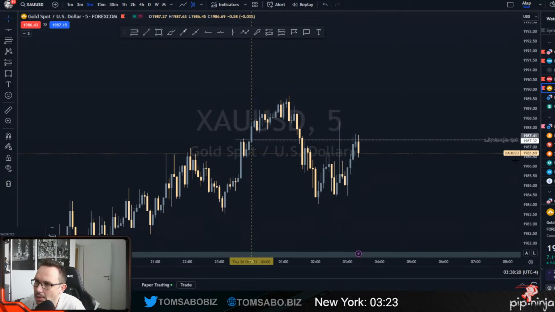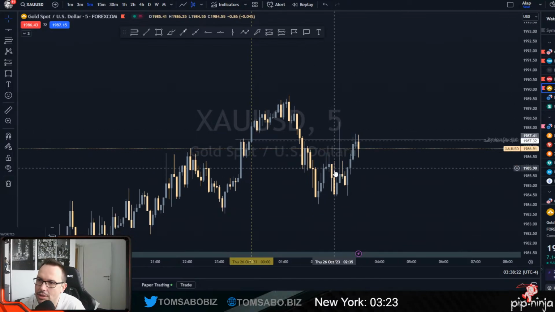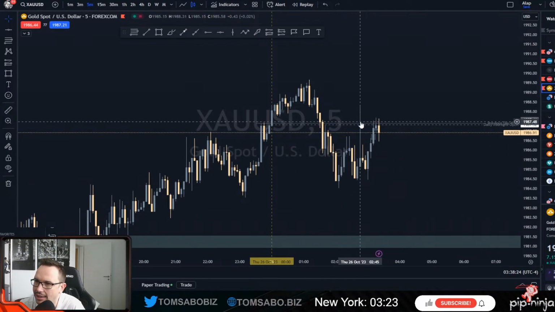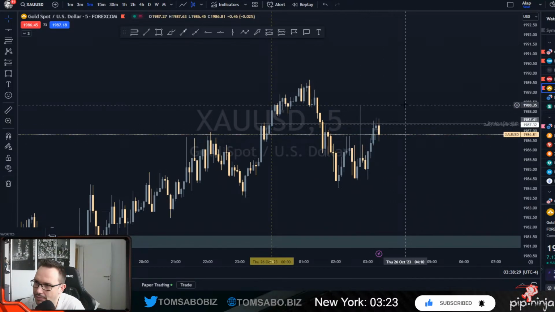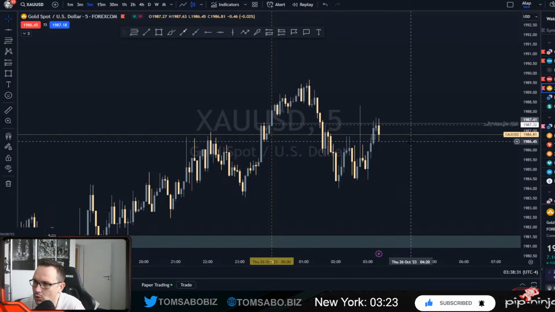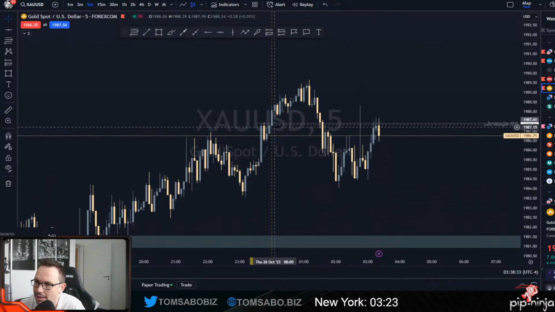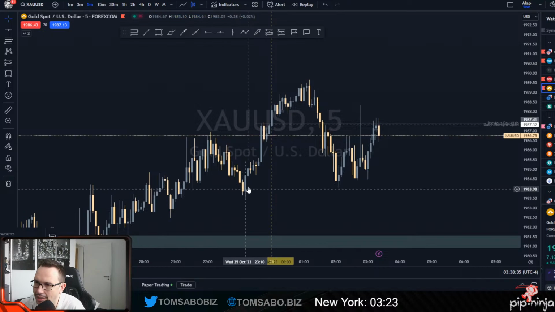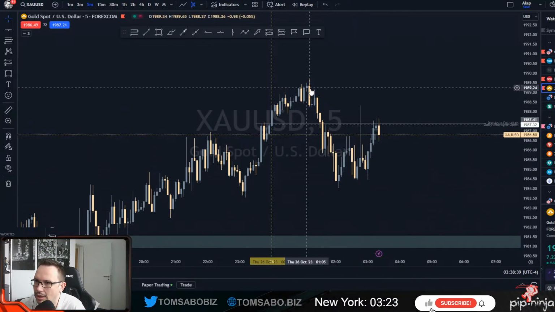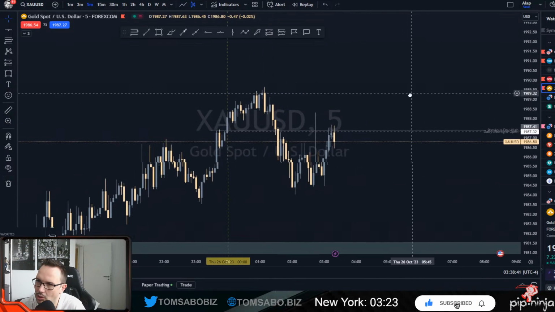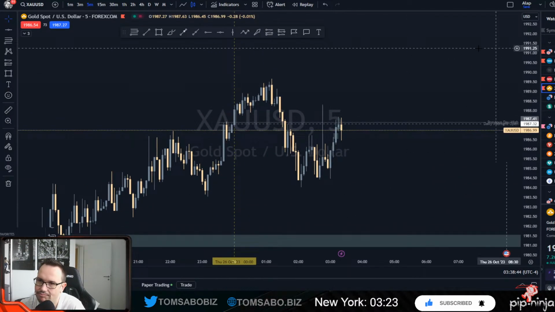So I still think that this long wick candle, this is the 5 minute chart, should be taken out. I'm not saying to go long, super risky. Look at that. Since midnight open, it didn't take out anything major down here. Basically, we are in an inside range. So gold is super risky. Nothing else to say about that.